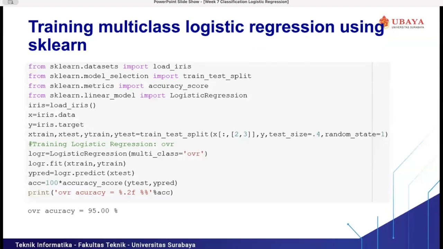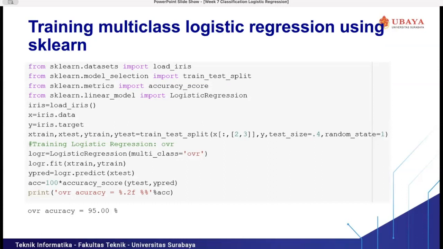This is the implementation of logistic regression using scikit-learn. If we have a multi-class classification problem, we can use the previous dataset, the Iris dataset, because it has different labels: Setosa, Virginica, and Versicolor.